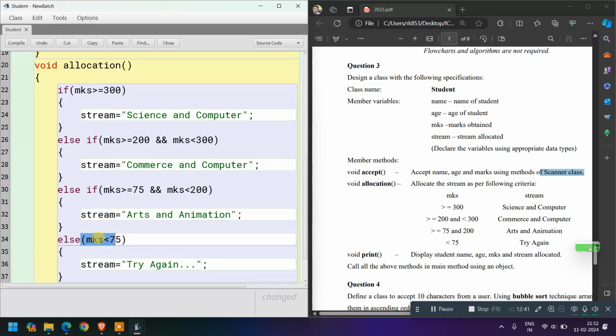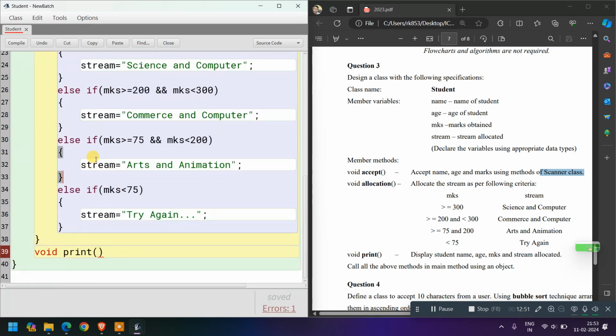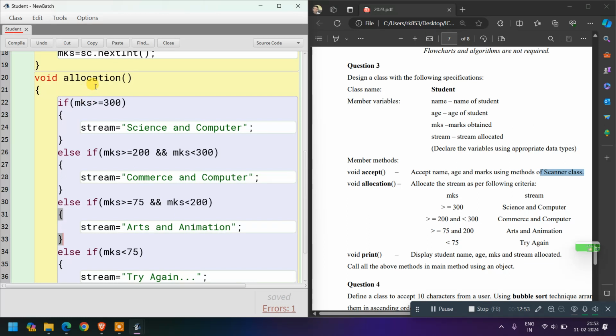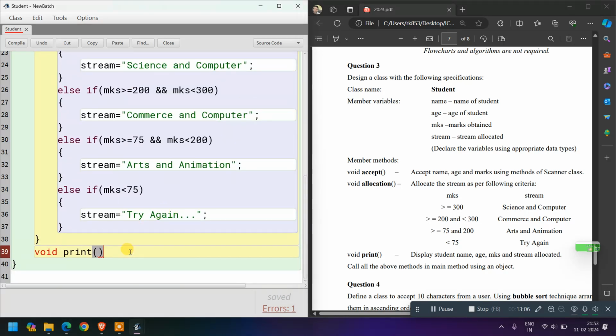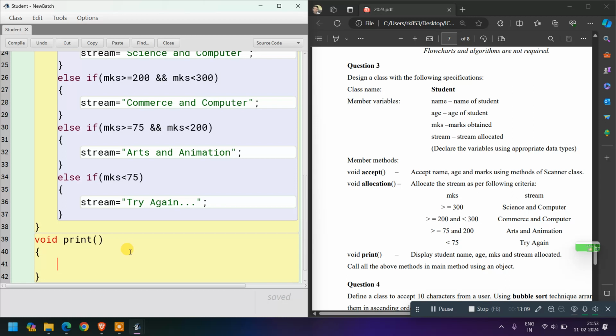It is also correct. Next, I have completed the allocation method, and then we need to write the print method. Inside the print method, we need to display student name, age, marks, and stream allocated. So I am going to do this. System.out.println("name" + name),